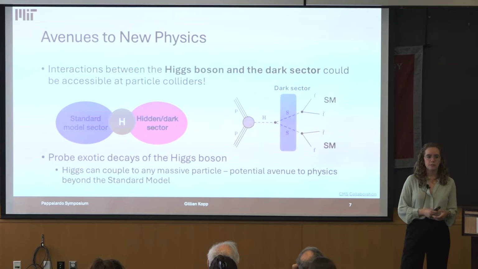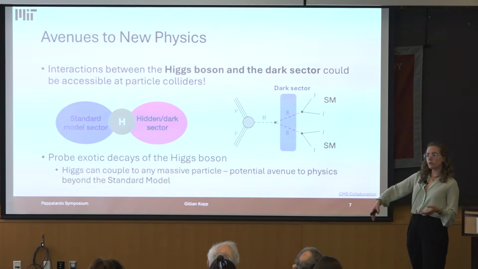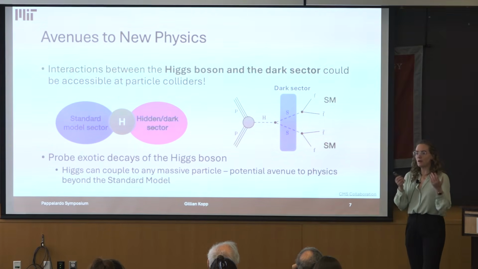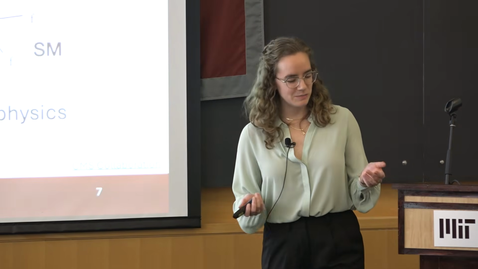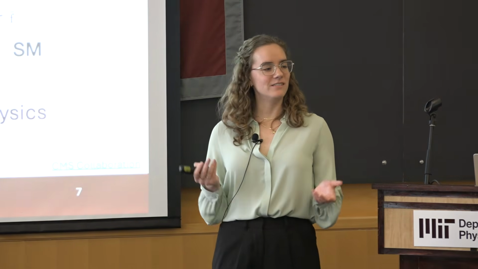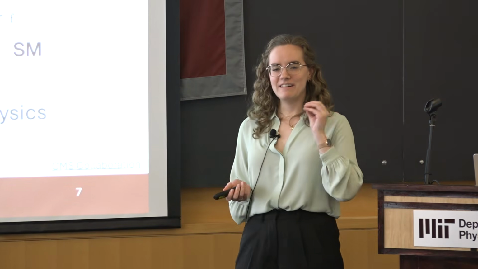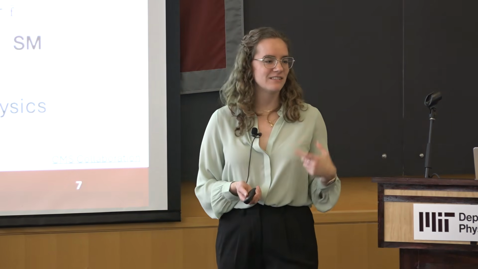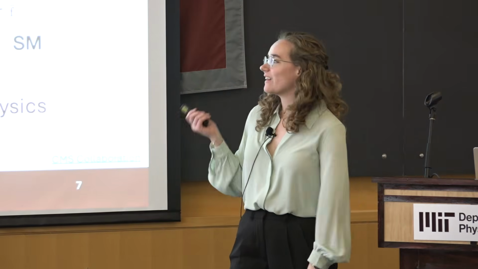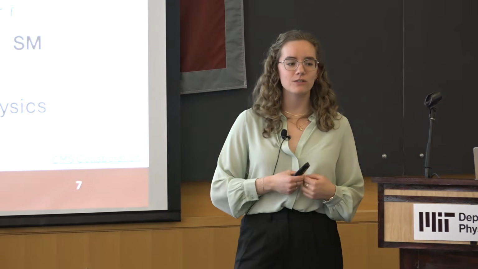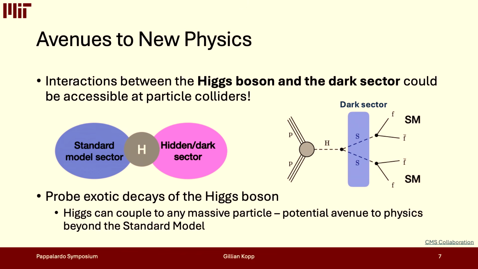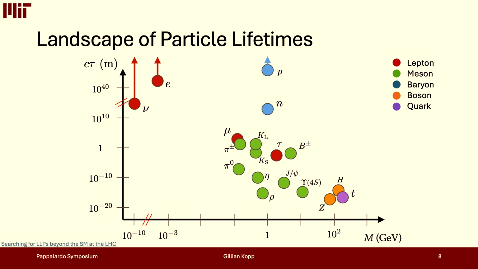By long lifetime, I simply mean that these would be able to last for a macroscopic amount of time before decaying into something else. It might not sound very long, because this could be something on the order of, say, 5, 6 plus nanoseconds, so very fast in what we typically think of. But on the scales of a particle collider, this actually allows these particles to travel a macroscopic distance, perhaps even up to a few meters, before decaying back into these standard model particles. So this is really what we can start to probe, and these long lifetimes should not actually come as a